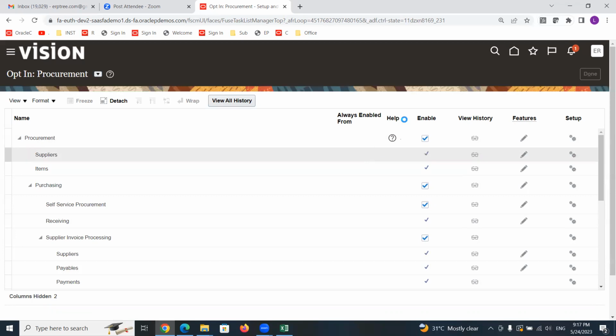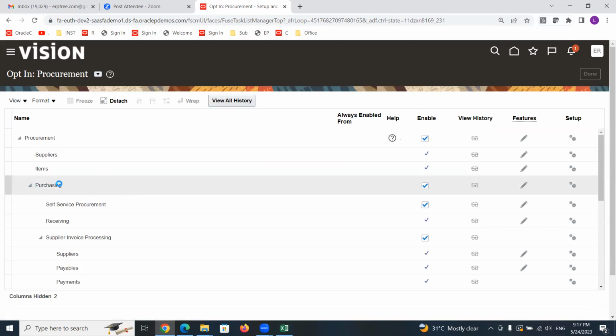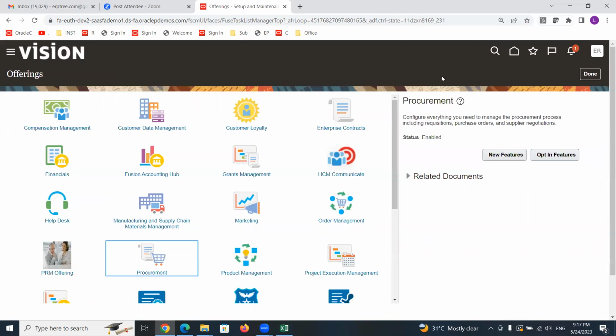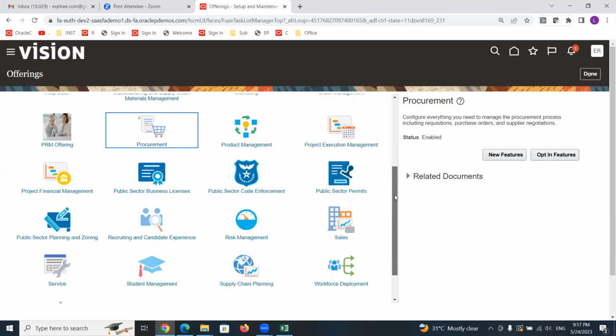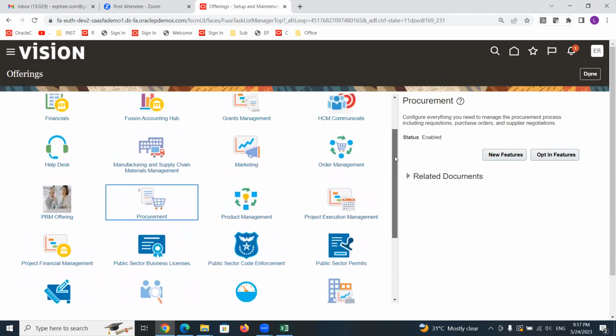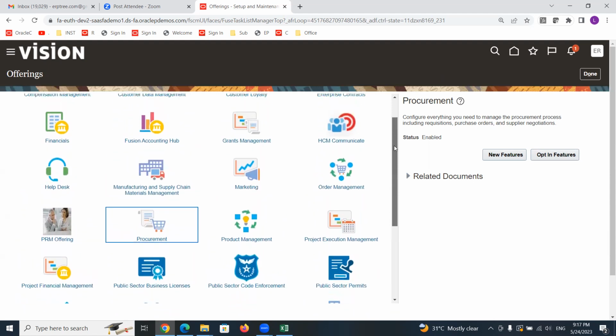So what are the applications we have as a part of supply chain management? Purchasing application, inventory application, order management, that we discussed in the last session. Here you don't see SCM anywhere. The reason is Oracle did not release SCM in one go. First they released procurement.